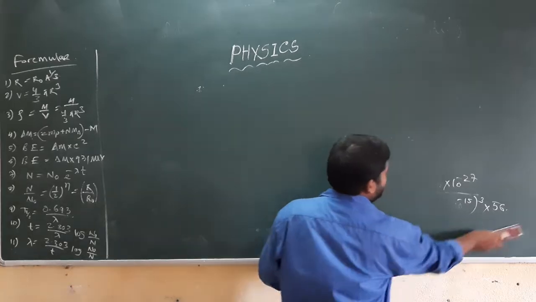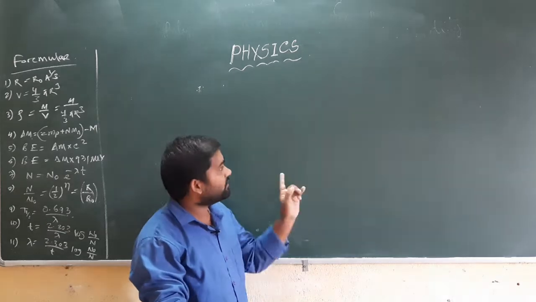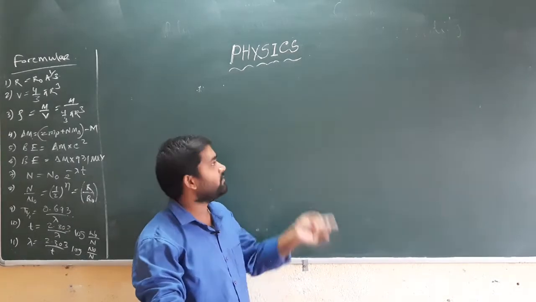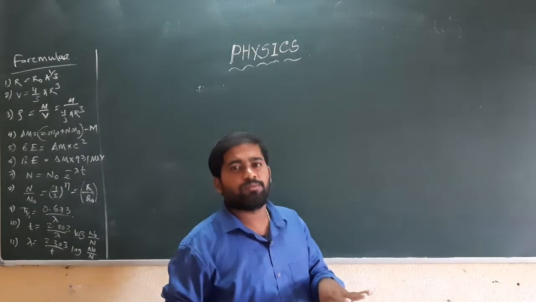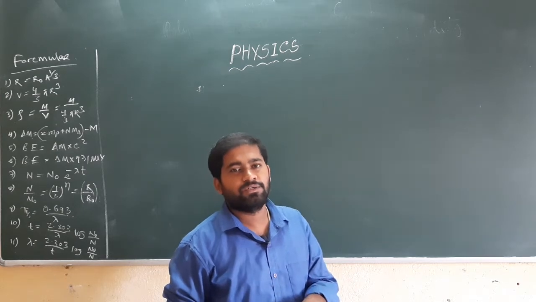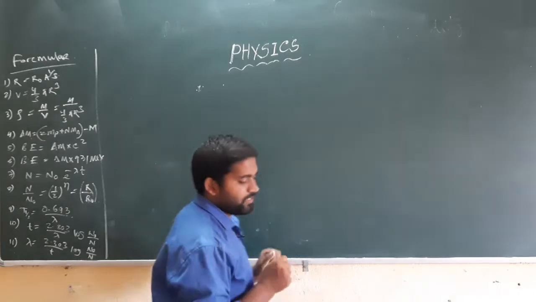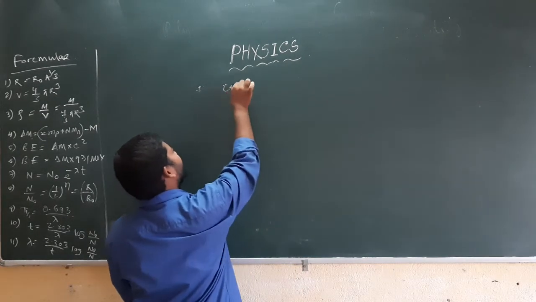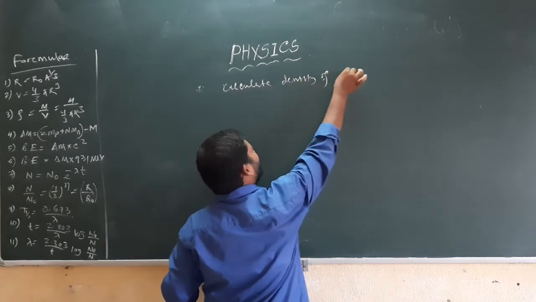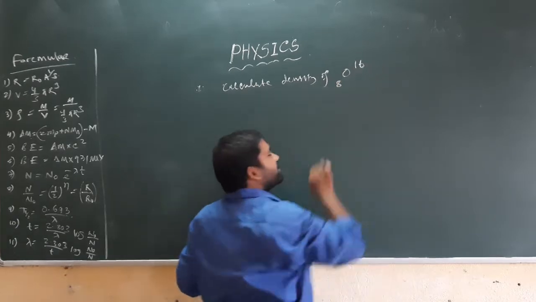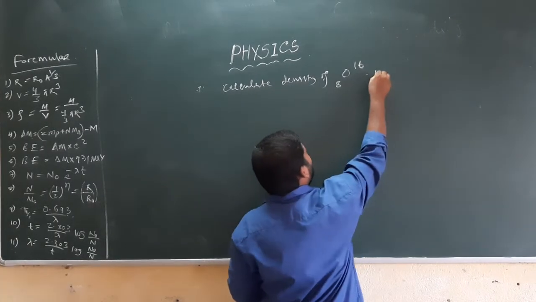Also, let us take an example about nuclear density when the radius is given. Here the mass number and the mass of the nucleus are given. Another type of problem also arises: find the nuclear density with a given nucleus and a given radius. For example, calculate the density of oxygen-16.